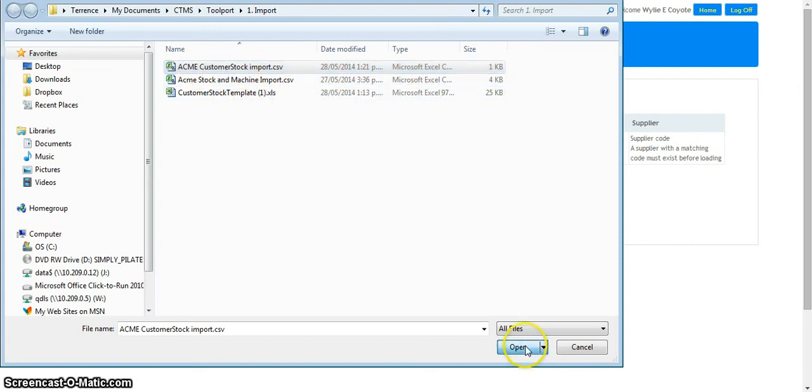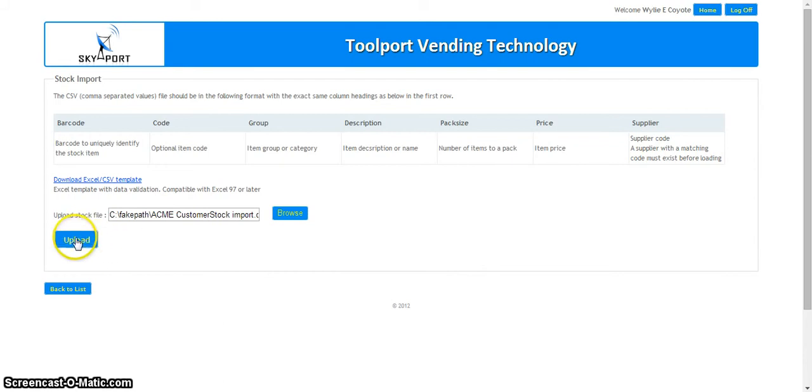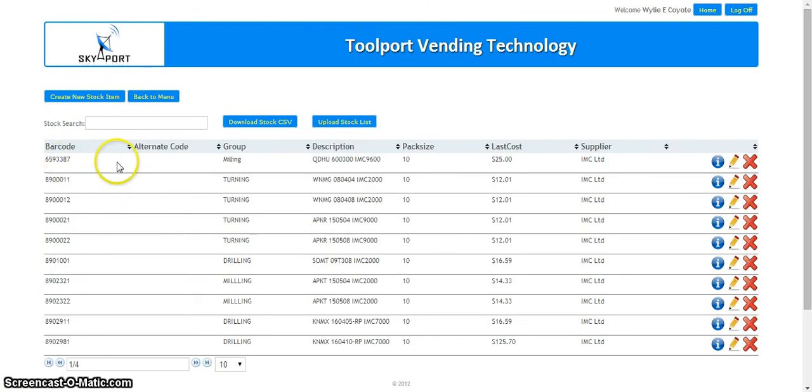Okay, so if we click open, we have the upload button that appears straight away. Now if the upload button is not there, it's because the data is incorrect. So correct the data and then do it again. So if I click on upload, there our item is there. First one at the top of the list,